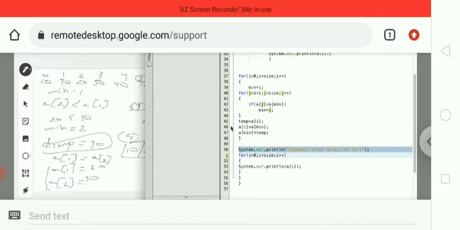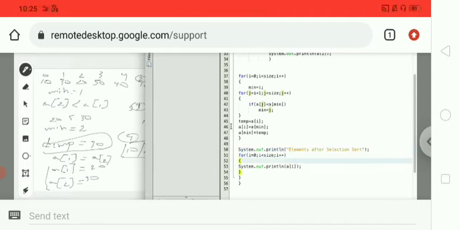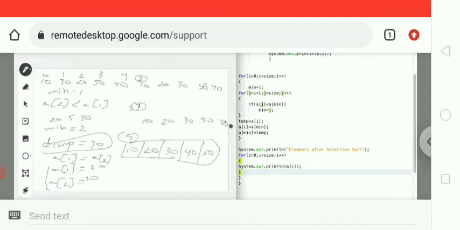So after completing all the iterations, we are printing the values which are stored in the particular array. So I equal to 0, 0 less than 5, condition is true. So the element which is stored in a of 0 will be printed. So in a of 0 10 is there. After that I plus plus, I value becomes 1, 1 less than 5, condition is true.